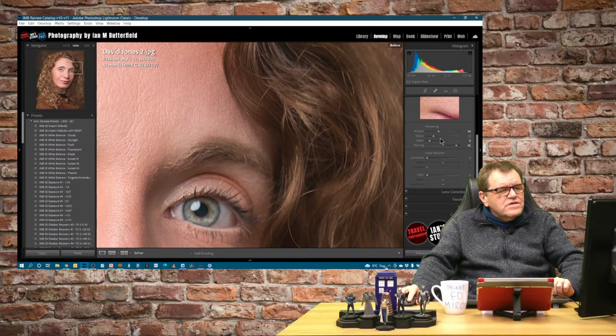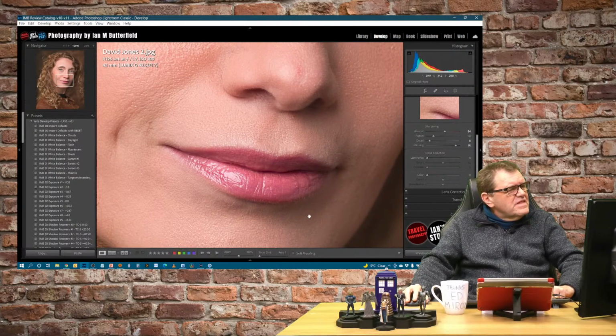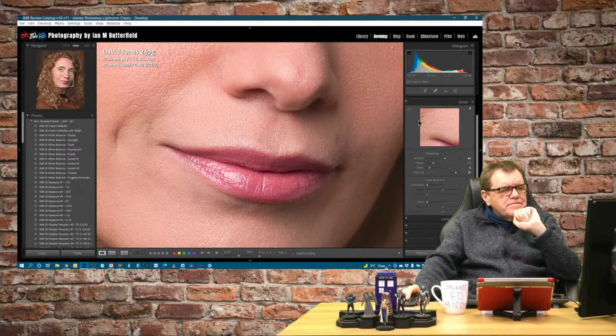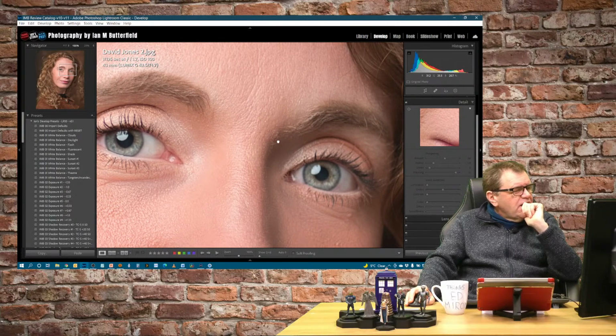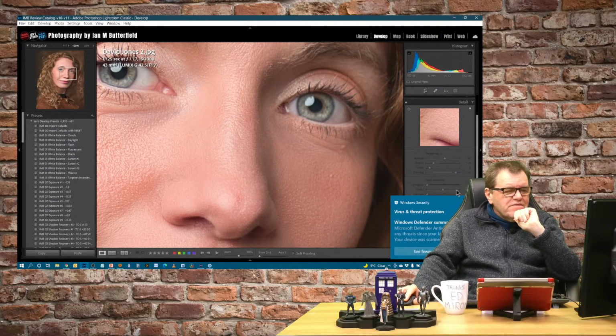No, can't see much of a difference on that, actually. Bring the masking back a little bit. Yeah, this is interesting. Right, okay, I can see what's happened now. I'm just going to turn off my little bit of sharpening in there. This is as supplied by David. Now, it's a focusing issue. You're shooting with an f1.7 lens here, which is an incredibly shallow depth of field.